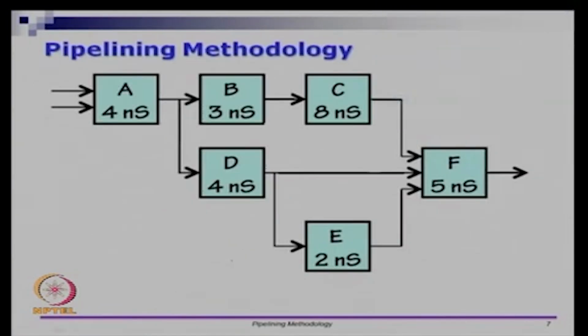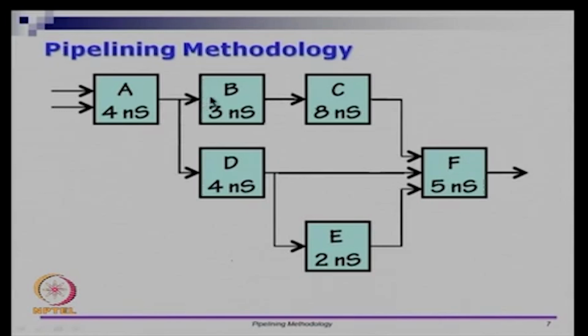So let us look at this slightly more detailed example. Again, let us not worry about what these actual basic blocks are. There are 6 basic blocks named A to F. These are some combinational circuits, and they have these delays. A has a delay of 4 nanoseconds, B has a delay of 3, C has a delay of 8 and whatnot. And if I go and look at what is the latency of this system, any change in input here